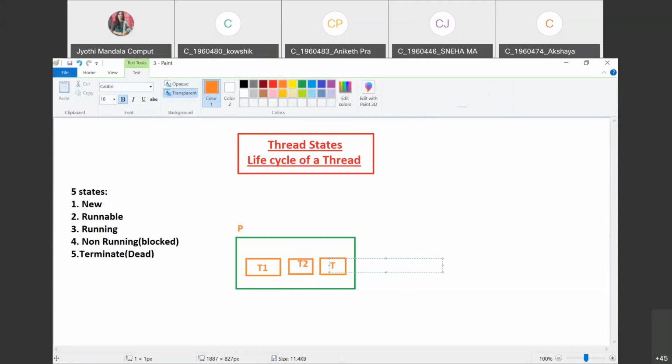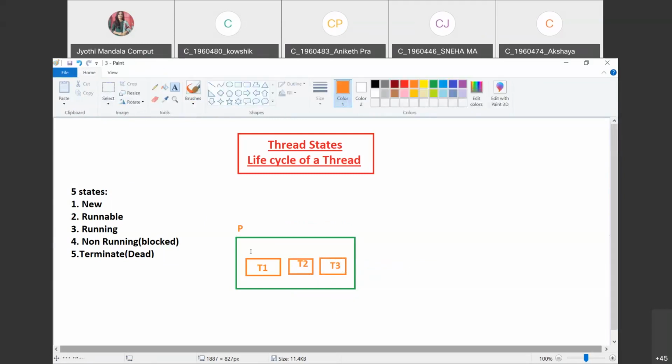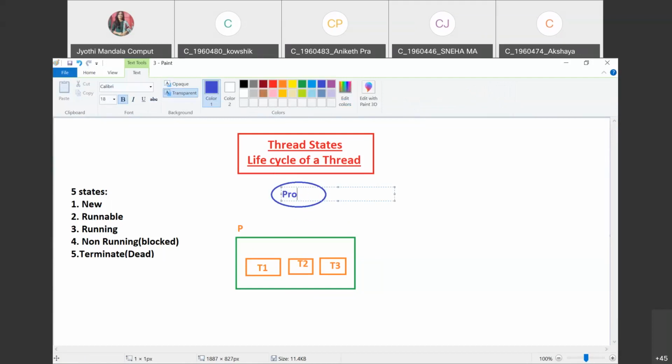Now, whenever we have a process, to execute things we will have one processor, isn't it? So let us consider this is our processor, or let me represent that processor with an ellipse like this. This is our processor. The processor is nothing but your CPU, which takes care of the execution part.